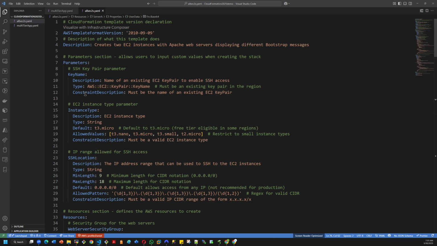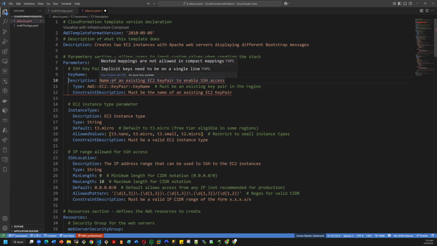Yeah, this is YAML because of you see the lines. Under parameter, you have key name, and then this key name. So you see even the indentation. If you bring this description in line with the key name, it's going to throw you an error, right? So that would be like a syntax error. So let me try that. If you do that, you see, it has an error here. And with VS Code,